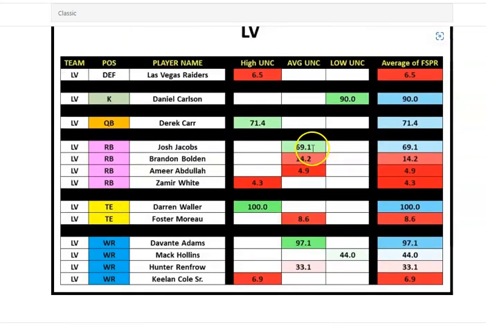Raiders, you want to play Jacobs, definitely Waller, even though he's high uncertainty, and Adams. And if Renfro plays, maybe Hollins is the better play over Renfro since he's been out. Renfro may be ranked a little lower, and that's just because I wasn't even sure he's going to play.